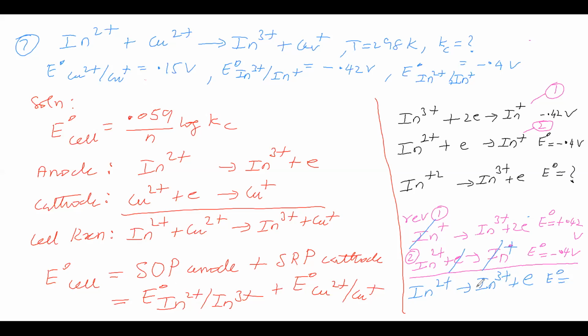Have you understood or shall I repeat? Okay, you are saying 0.02. You said 0.02, whether it is correct or wrong, that we have to check. For this half reaction we want E naught, and you said 0.02. How did you say 0.02? You just added these two, therefore you got 0.02. Whether it is correct or wrong, we will check this value.